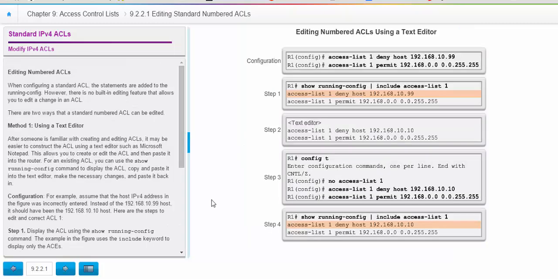Okay, now that we've set up our ACLs, you may need to edit your numbered ACLs. It just tends to happen. You've either keyed something in wrong, or you need things to function in a different way than you keyed them in. You can do that either by method 1, using a text editor, or by method 2, using the sequence number. So with method 1, using your text editor,